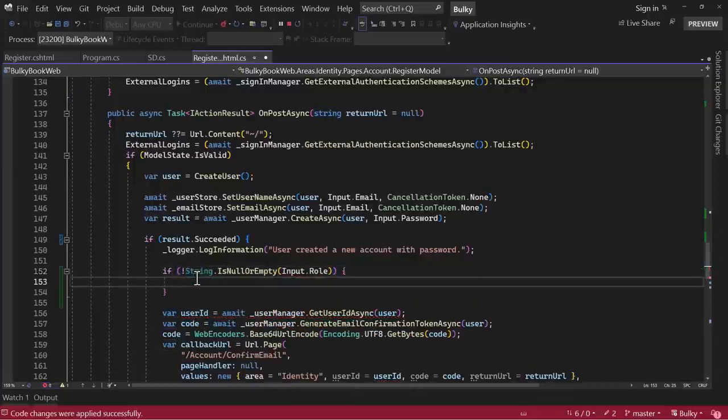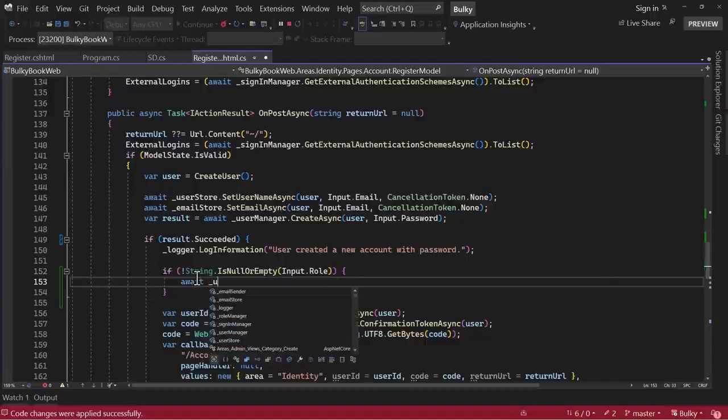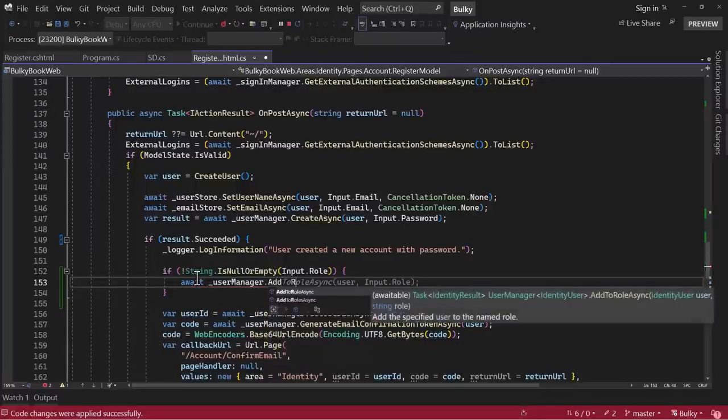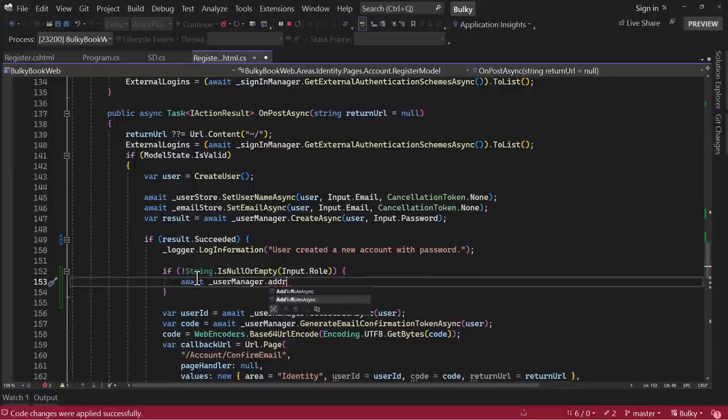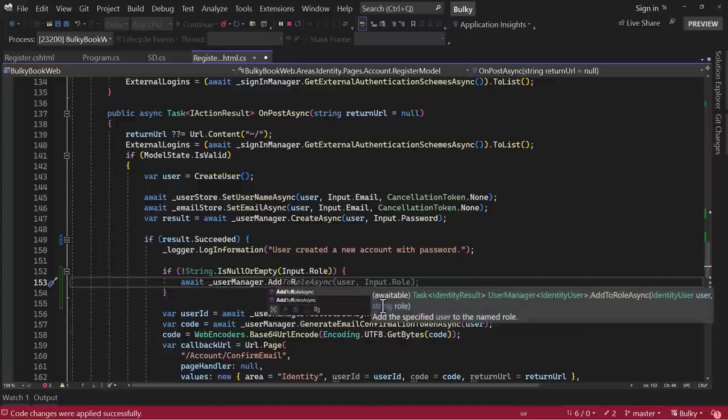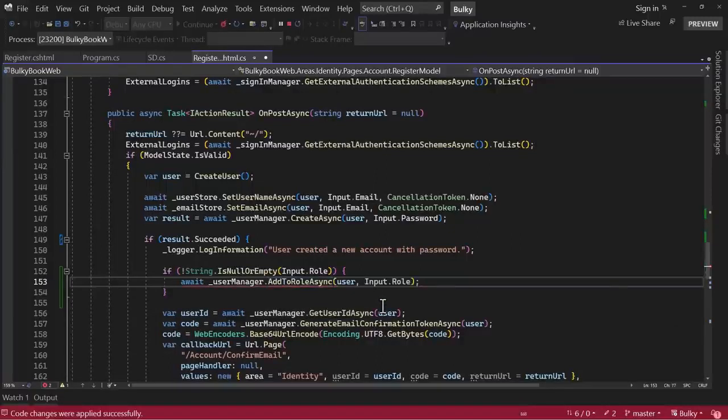If that is not null or empty, then we want to assign role, and we will say await on user manager. We have a helper method add to role async. Now you can see there are two methods here, so be careful when you type. If you type add to roles async, that means you are adding multiple roles to a user. You can see it expects an IEnumerable of roles, but we are only adding one role. So we will say add to role async, pass our user and the role that has been selected by the